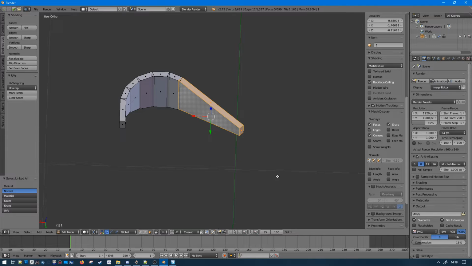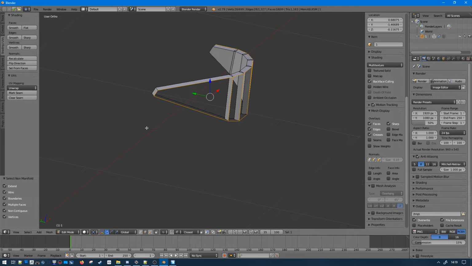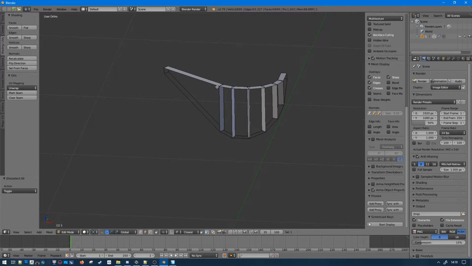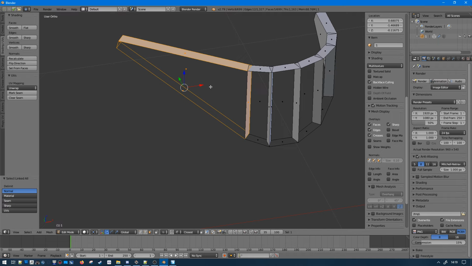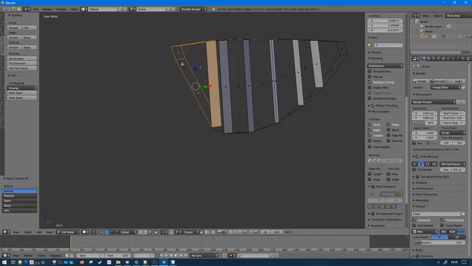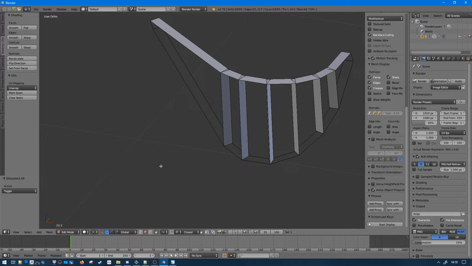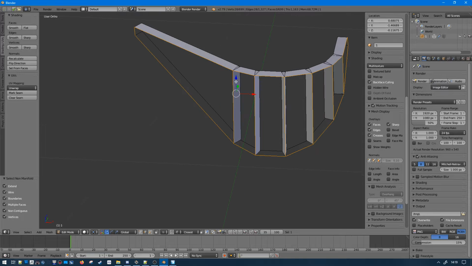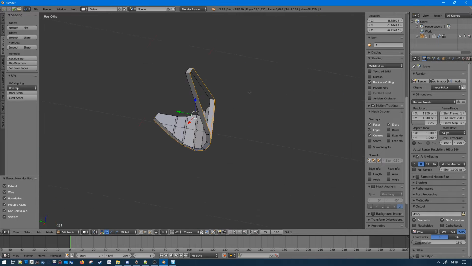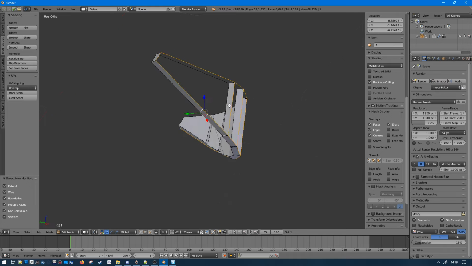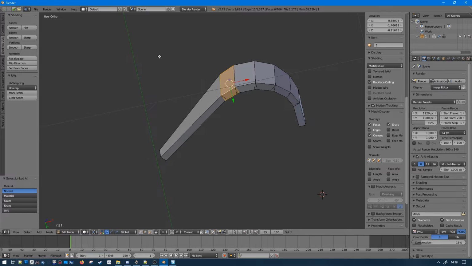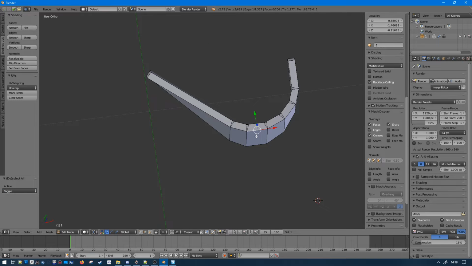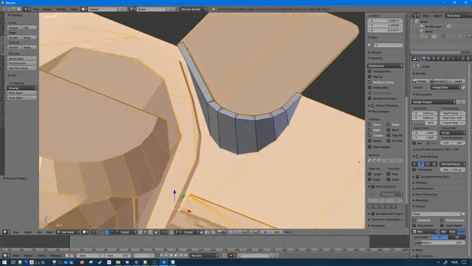Yeah, the problem with that one is that it doesn't keep the holes. Okay, you can see that it moved the face and I have no more face on the outside. So I'm just pressing Ctrl Alt Shift M, it's going to select the unclosed mesh, and then press F, and it gives me back the face that was missing, and I end up with all those components like that.